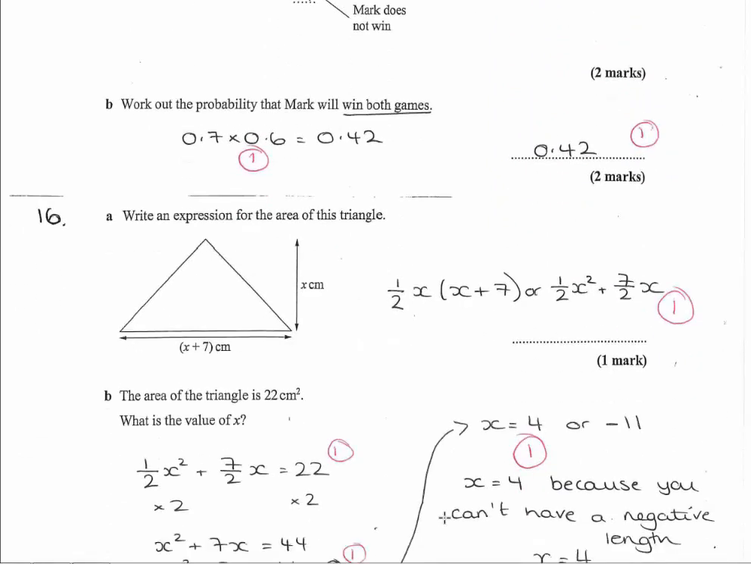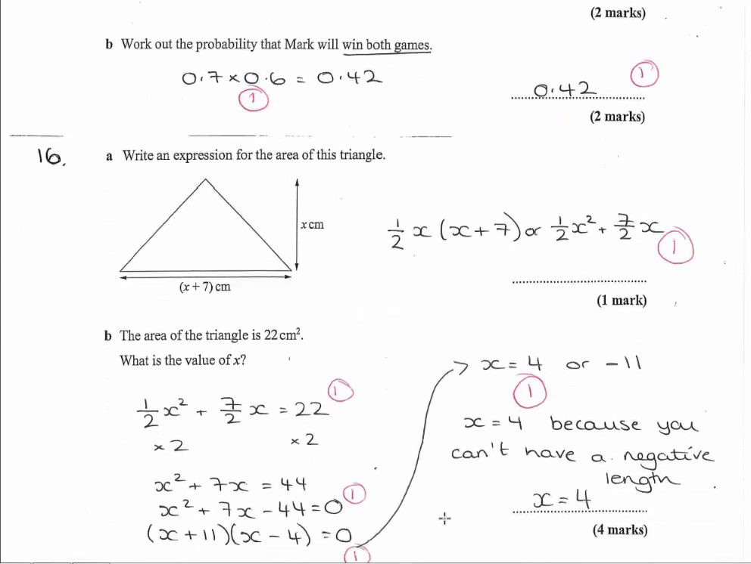Write an expression for the area of this triangle. Well, the area of a triangle is half base times height. Okay? Now, if you look at this, the base is x plus 7 and the height is x. So it's base times height, and then